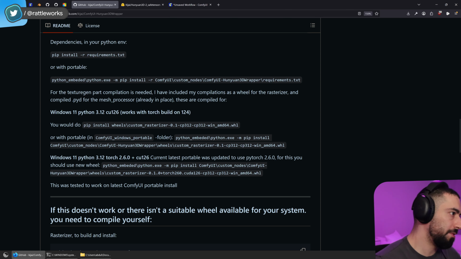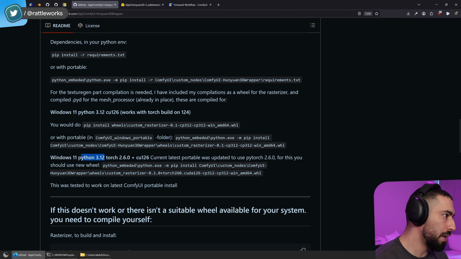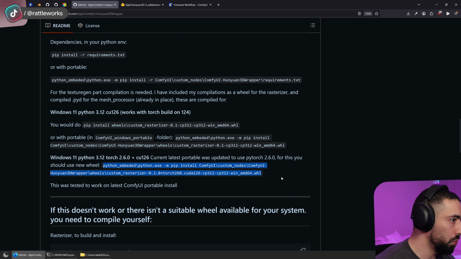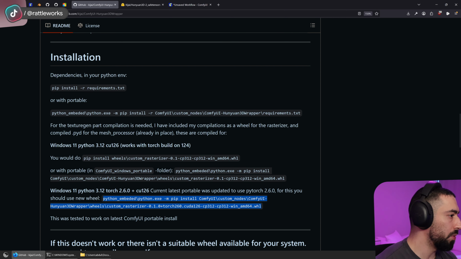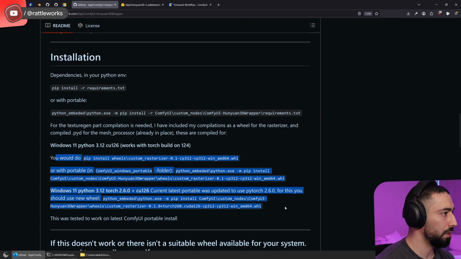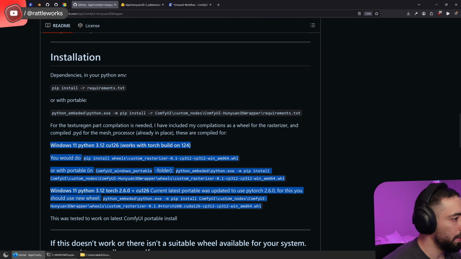If you have Python 3.12 and if you have Torch 2.6.0 plus CUDA 1 to 6, you can just use the wheel they are providing in the repository. But since I am using Torch 2.8, I cannot use these two pre-built wheels. So that is why